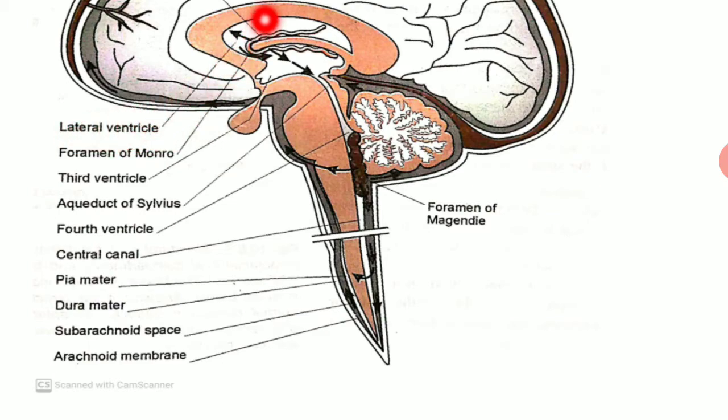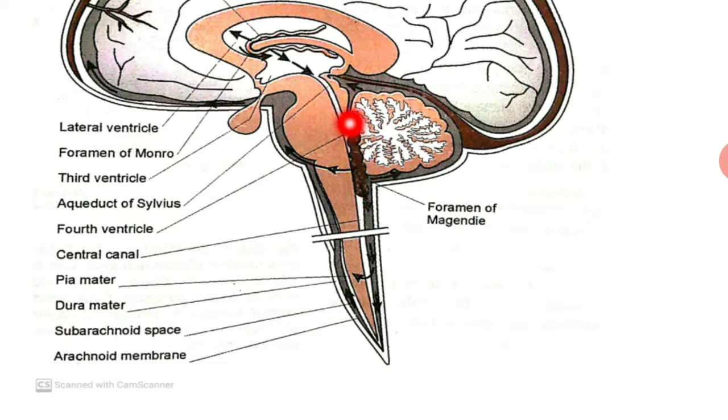So this is the lateral ventricle, the site of formation of CSF. Now circulation. After formation of CSF here, it passes through this interventricular foramina, which is known as the foramina of Monro. So this is the third ventricle and this is the lateral ventricle. In between there is a space known as the foramina of Monro, the interventricular foramina, and from here, from the third ventricle, CSF passes through the aqueduct of Sylvius into the fourth ventricle. So this is the fourth ventricle.